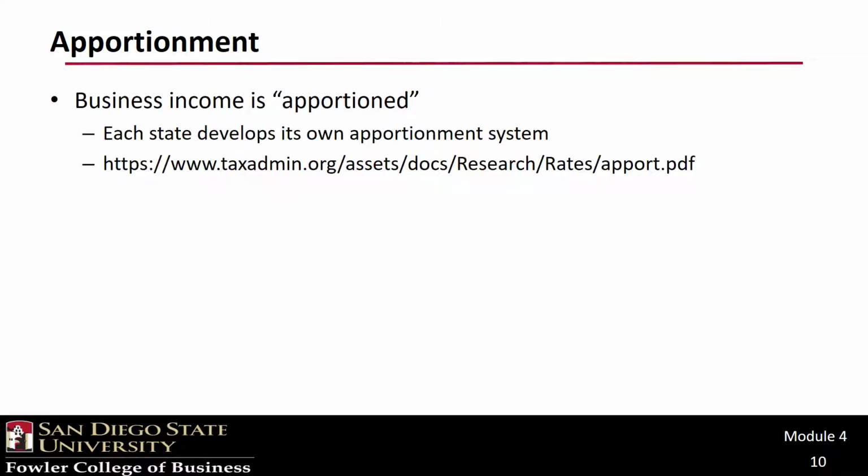Which leads us to ask, what do we do with business income? Well, a system known as apportionment is used for business income. And it should come as no surprise, because you're getting used to this, that each state defines apportionment differently. But now is when we get to reach back to our original discussion on how we are going to split up Colbert Nation's $500,000.